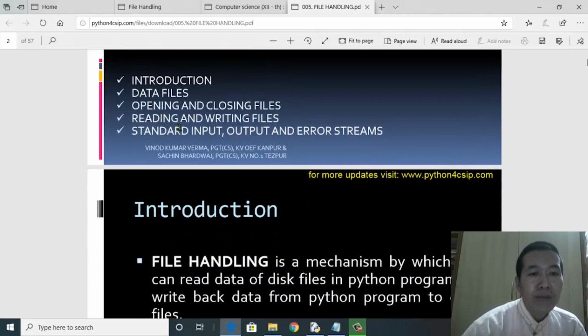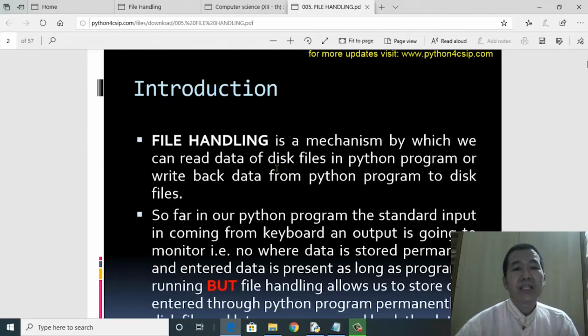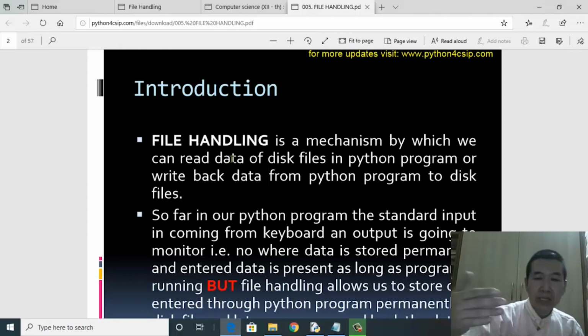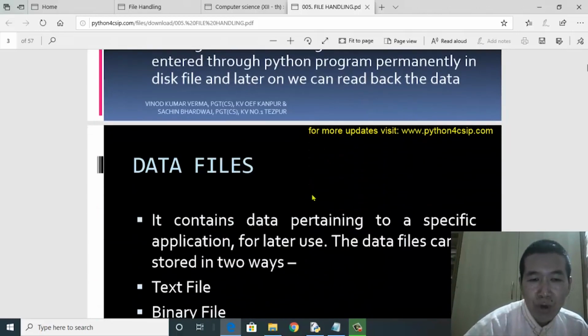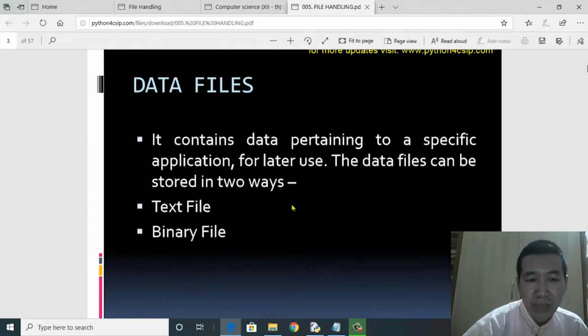And then we have learned how to read. We have not yet learned how to write. These are the topics which will be covered later. And this is the definition of file handling. Okay, you could just take a look. If you have understood my lesson, and then go through these notes, things will match up nicely. These slides are good for the review of the topic and the subtopics that we have covered.